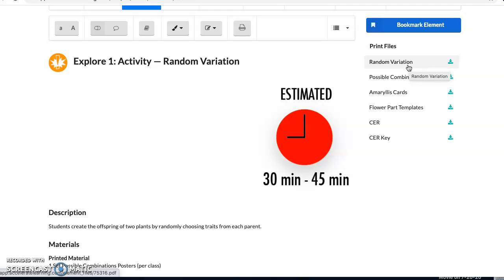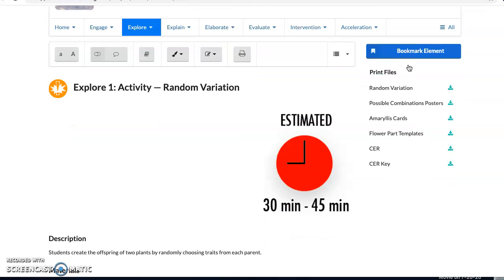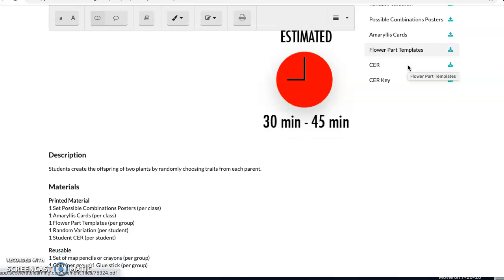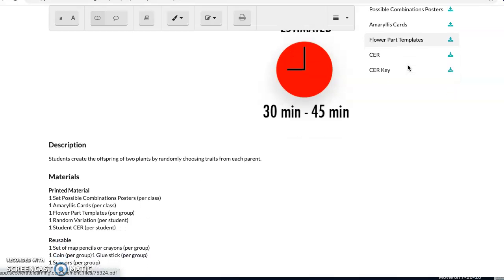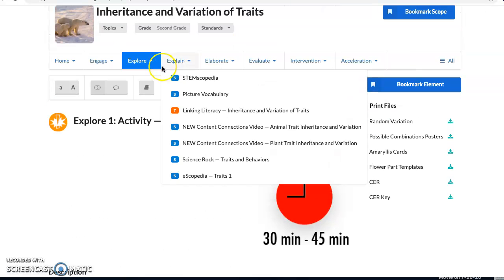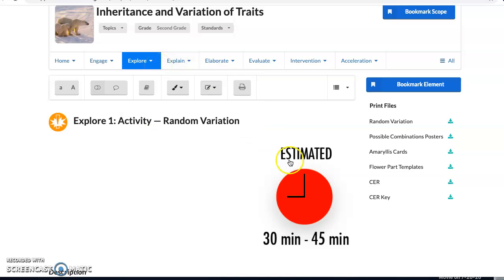So all you've got to do for this one is just print those out. There aren't a lot of things like seeds in this one, which sometimes might actually be in a hands-on activity, right? There'll be various materials needed for these, and we do work hard to provide those for our hands-on lessons. Again, we'll have to